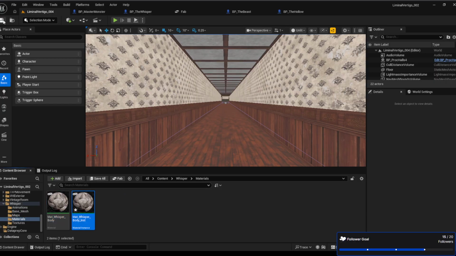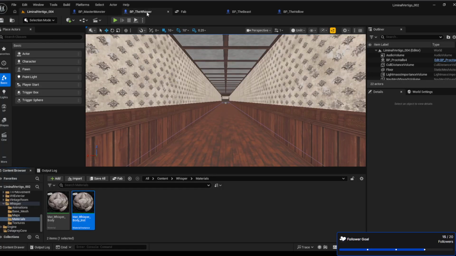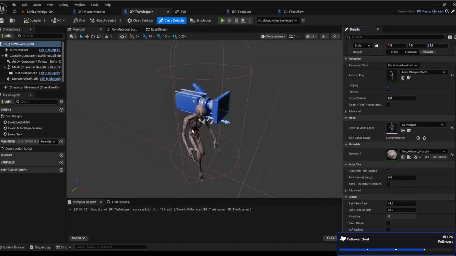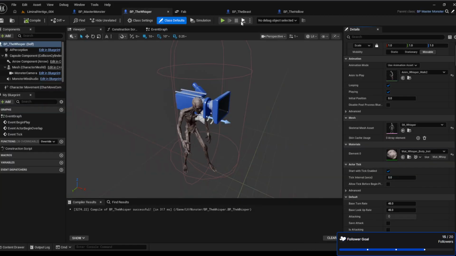Body instance. Save. Save all. And did I select it? Yes. And just use the instance instead. Let's compile that. Okay, so don't know. Let me see the whisper. Now, let me go back